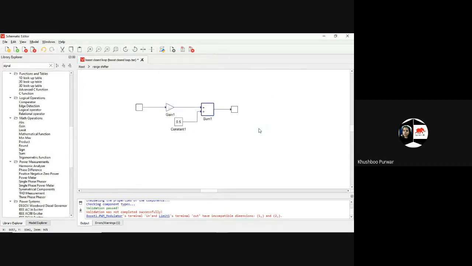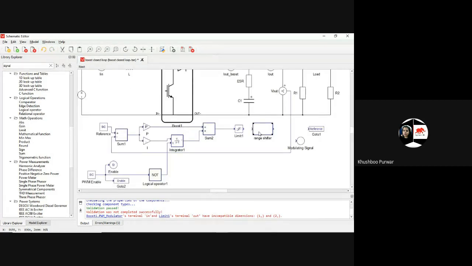Yes. Now here you can see. Just minimize it a little bit. And this one to the reference, and this one to the